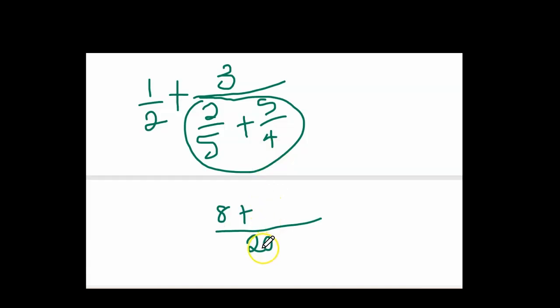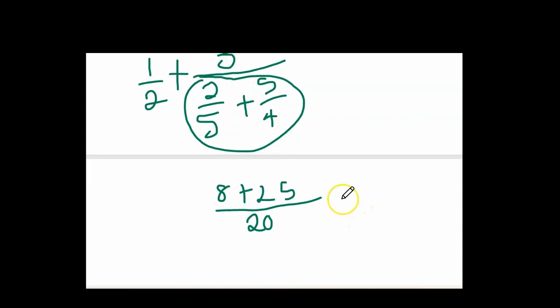Then 4 into 20 will give us 5, and 5 times 5 will give us 25. So this becomes 8 plus 25, which will give us 33